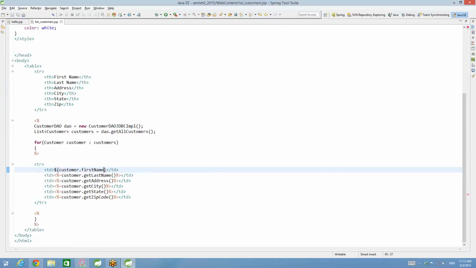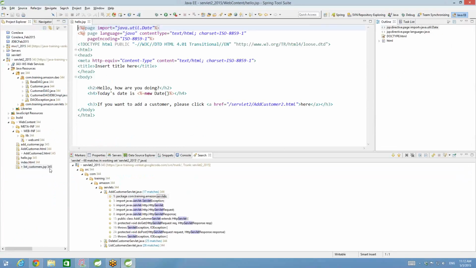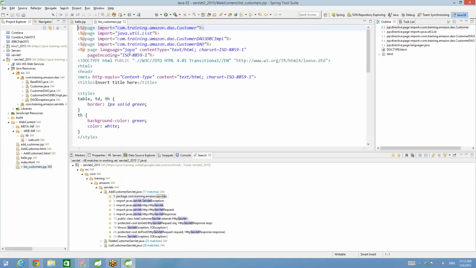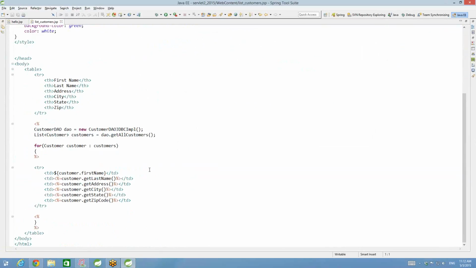So what happens in this case is that your customer is an object with this particular name in any of the scopes. We didn't talk about the full scopes yet, but at this point, let's say in the request scope,